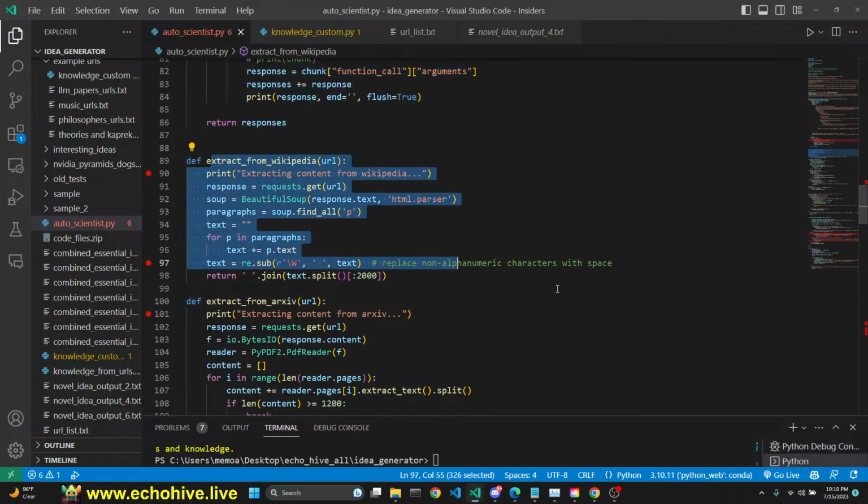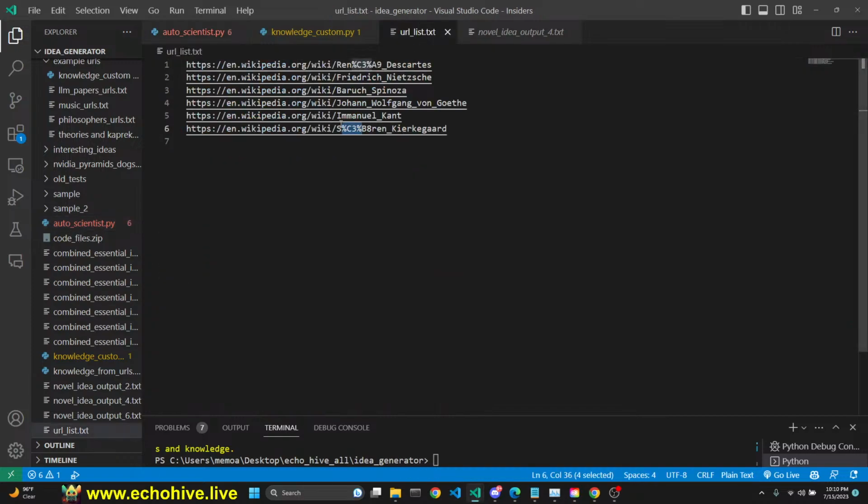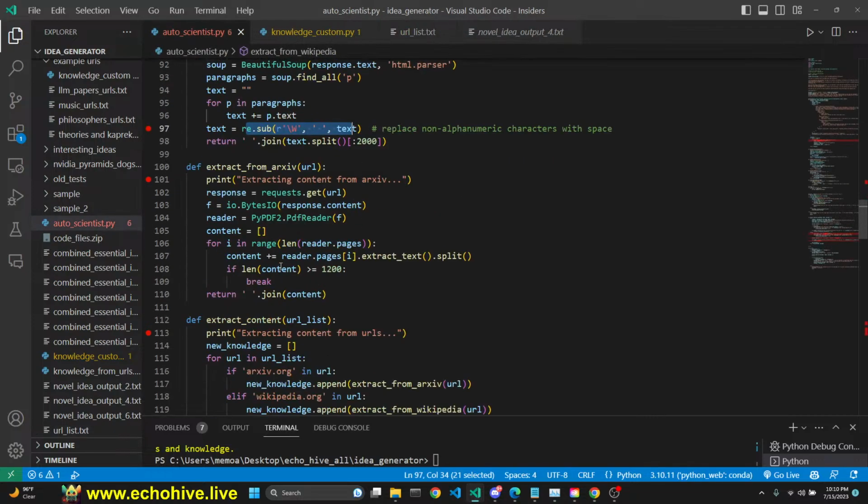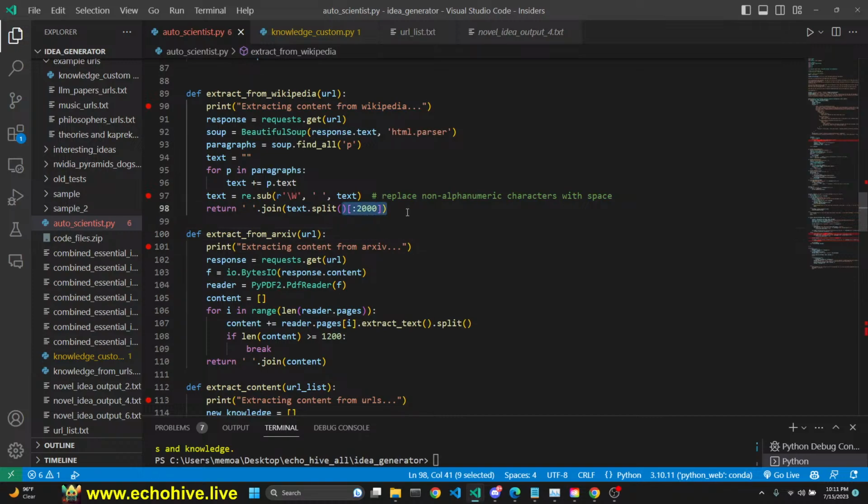This is a function on how to extract from Wikipedia. This is the part that removes those weird characters from the article. This one extracts it from arXiv. Pay attention that we're only getting the first so many words in these. You could modify this so that it actually splits the document, summarizes it and returns it, so you can have access to the entire document. I just didn't want to really deal with it,